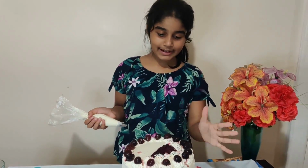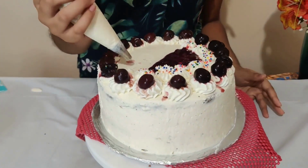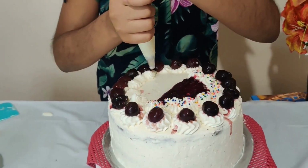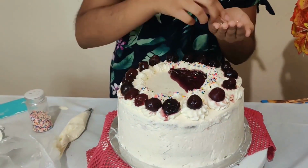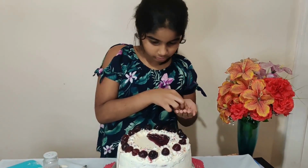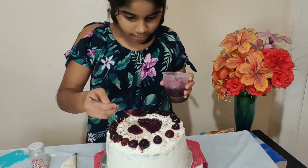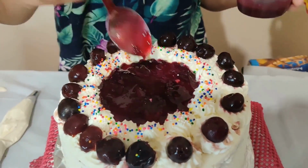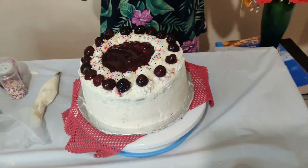So I'm in the middle of decorating, and this is my design. This is what I decided to do, so I'm going to continue. So there it is. The cake is now